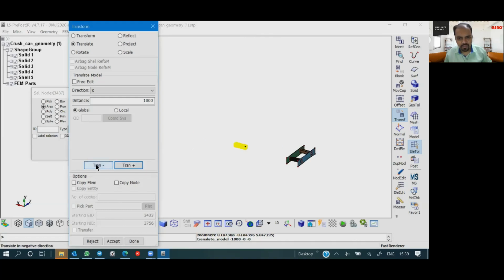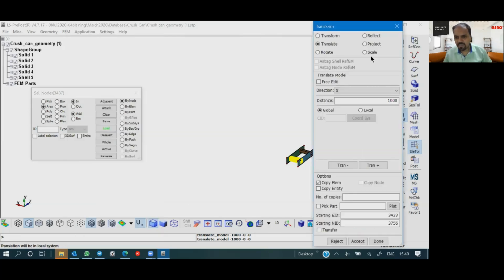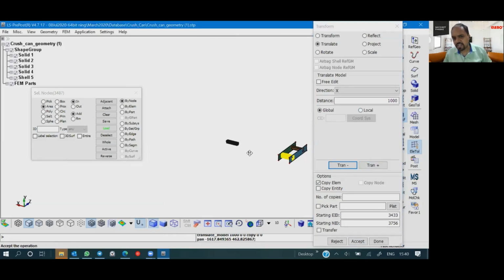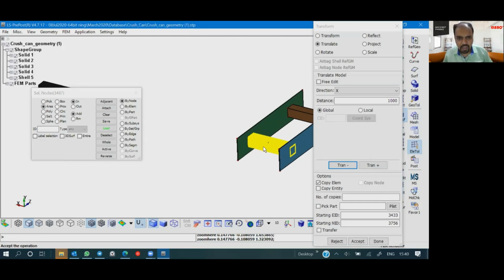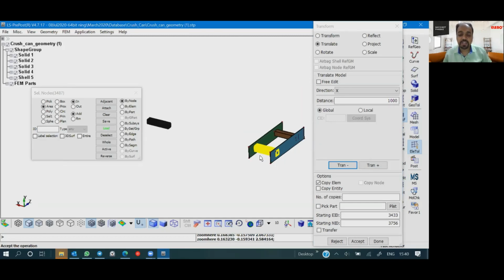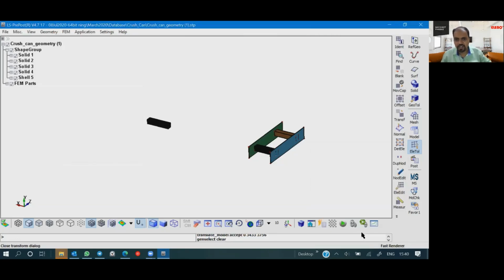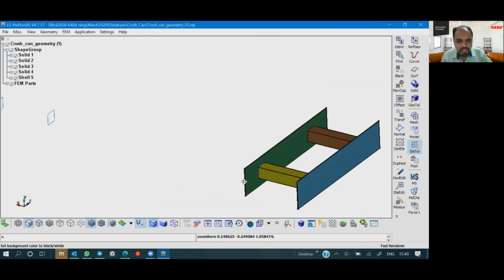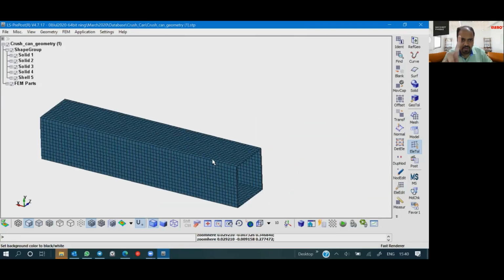Oh, sorry. Yeah, and let me make it copy elements, and then I will be picking the same part, same id, same part, everything same, and I will be translating it. Okay, so you can actually see the yellow nodes remain as it is. That means it is a copy. Okay, and then I will click on accept and done. So you can actually see two copies being generated of one part. Whereas if you use do not copy, then the original part will get translated.